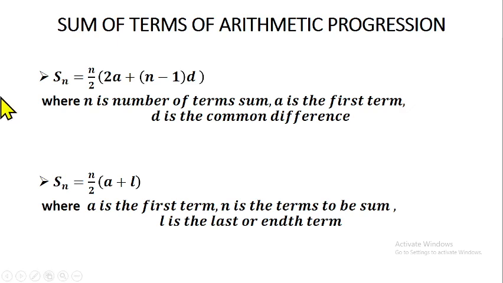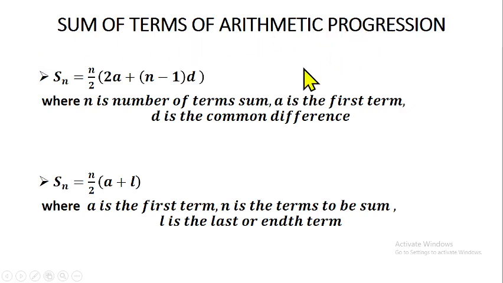The teacher was surprised that the student was able to get the answer within a few seconds or a minute. What has the student used? The student has used the sum of the terms of an arithmetic progression, because 1 to 100 is an arithmetic progression. The first term is 1 and the common difference is also 1, and the number of terms in 1 to 100 is 100. So the student summed 1 to 100 together within a few seconds using the sum of terms of an arithmetic progression.